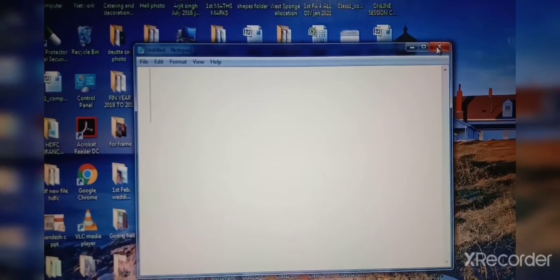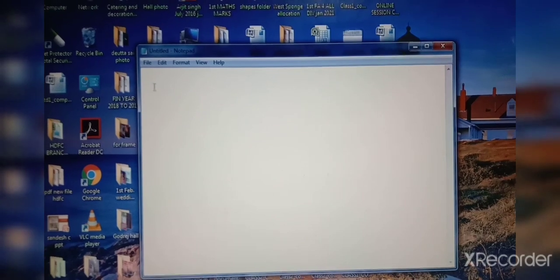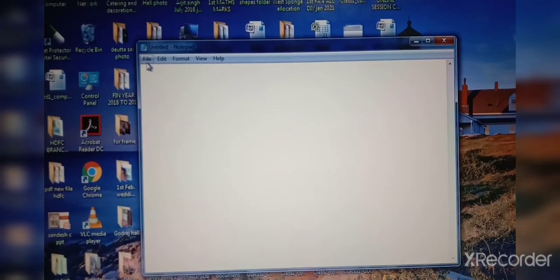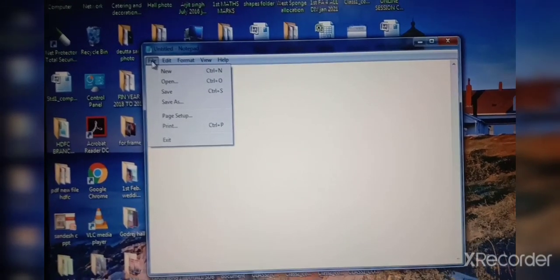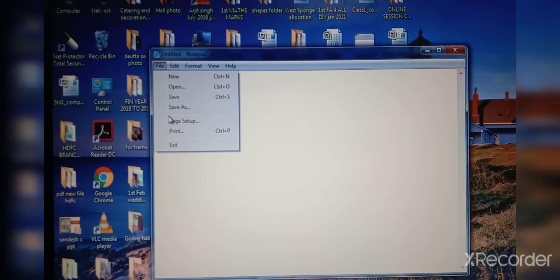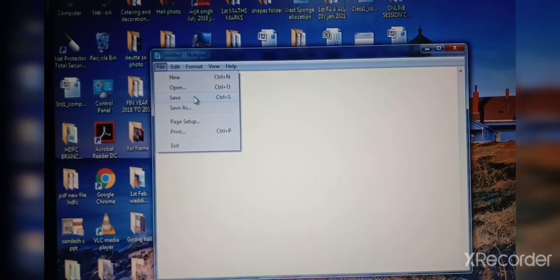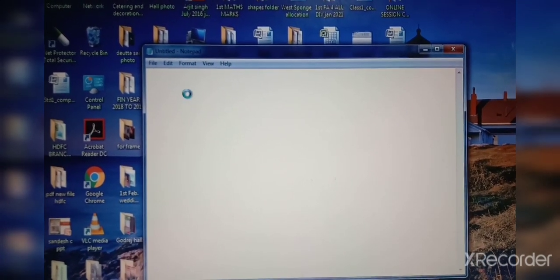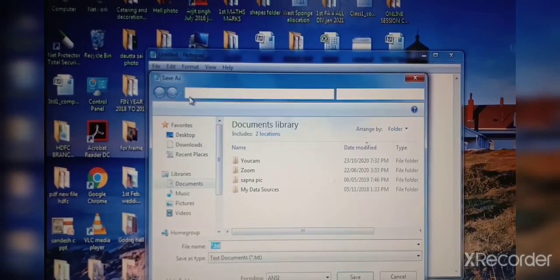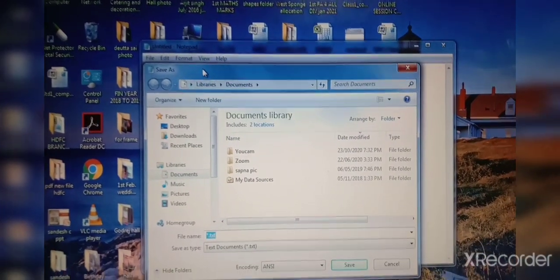Now children, I will show you how to save the file. Okay, see here. Click on the File menu. Then click on the Save button. Which button will you click? Save. And now you can see here, you will get this Save As dialog box.